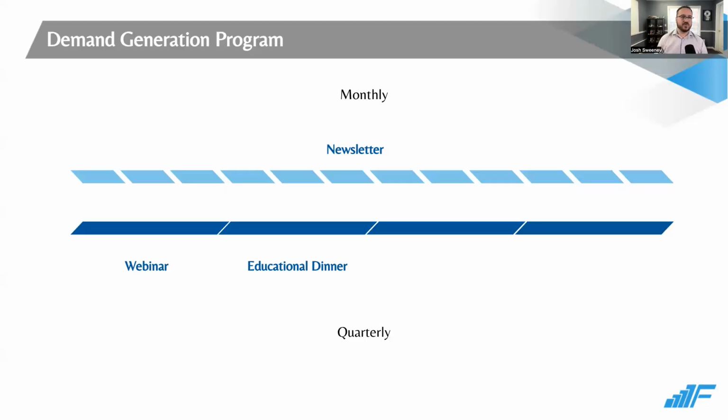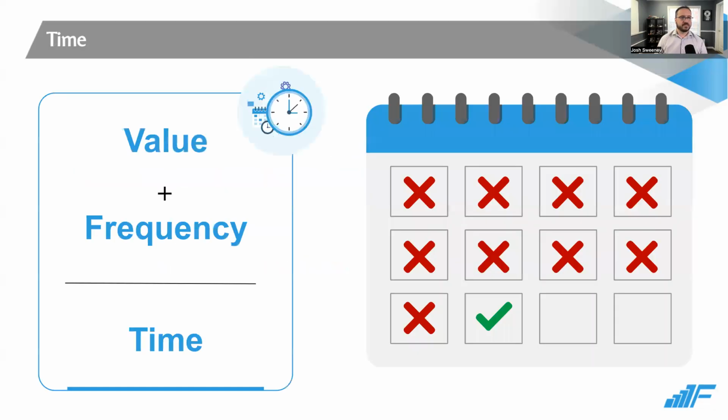All right, back to the formula. The last part of the demand generation formula is time. So as I mentioned, the formula is over time. Now, this is perhaps one of the hardest parts of the demand generation formula, especially for fast-paced leaders, because the first question, especially if somebody's doing lead generation, is, when am I going to see my first lead, right? How much do I have to pay to get there? I want it now. I want the easy button. I'm going to delegate it out to you, and you're going to make those leads happen.